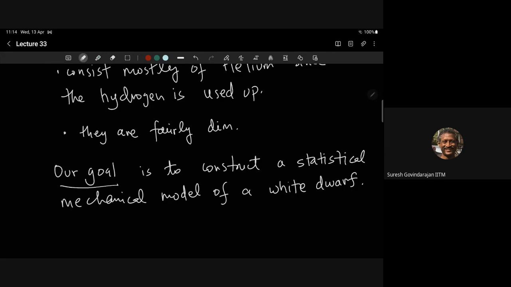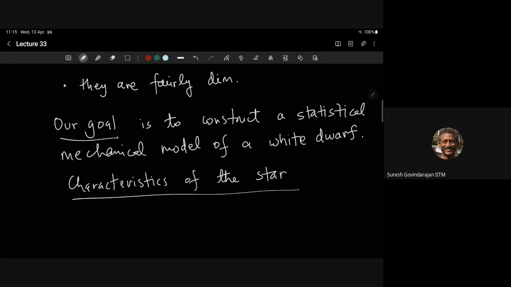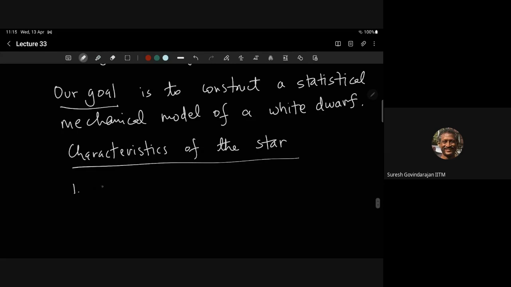Okay, so some characteristics of the star that are relevant to us. Okay, the first one is the mass, which we'll use M as the symbol, and this will be equal to,